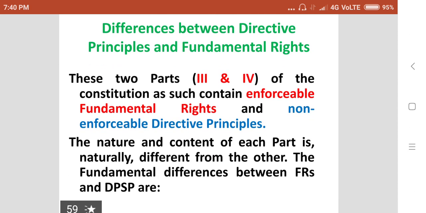Differences between directive principles and fundamental rights. These two parts, Part 3 and Part 4 of the Constitution, contain enforceable fundamental rights and non-enforceable directive principles. The nature and content of each part is naturally different from the other. The fundamental differences between fundamental rights and directive principles are: